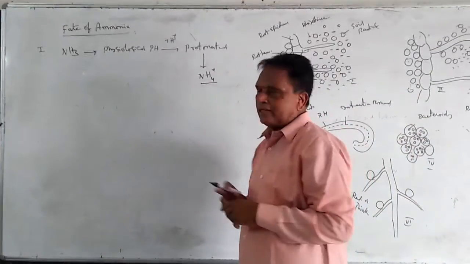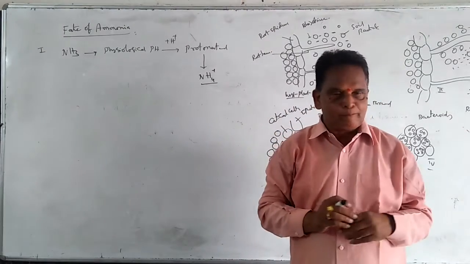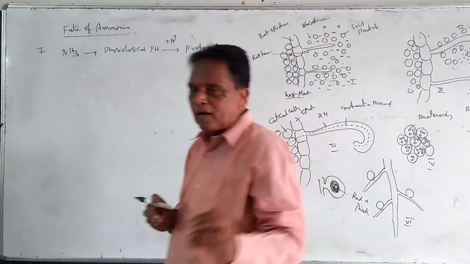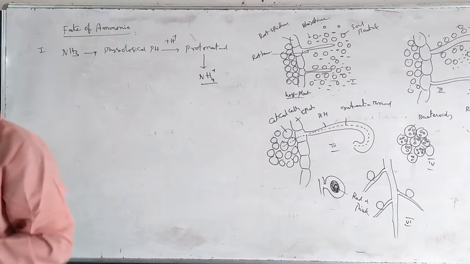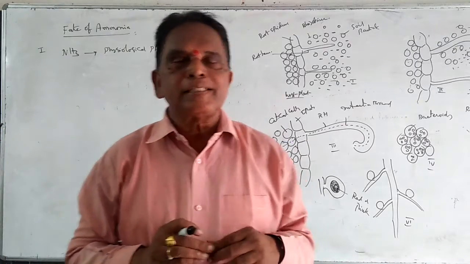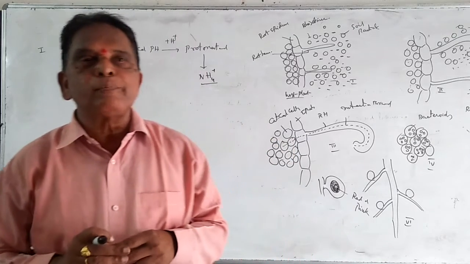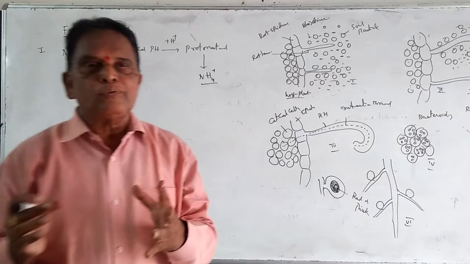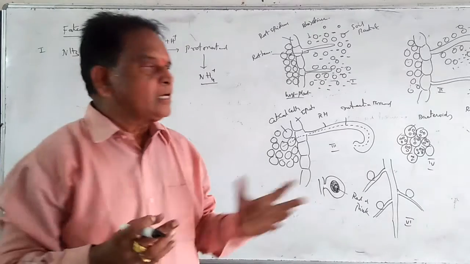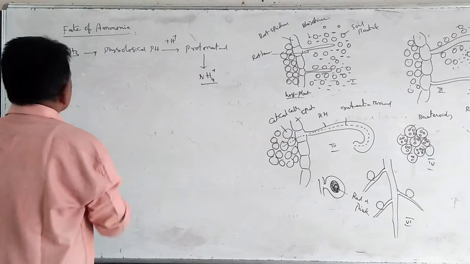This ammonium ion is toxic to plant cells. It should not be stored for longer periods. Ammonium ion should not remain in plant cells for a long time because it is toxic. Hence this ammonium ion should be converted to other compounds which are essential for the formation of proteins. In the second step,